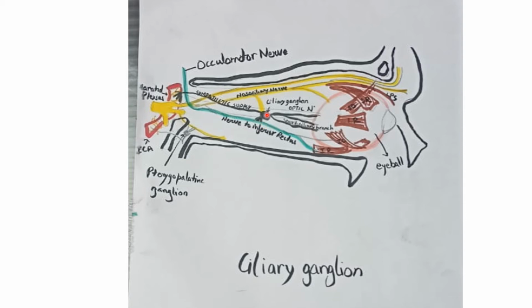If I trace above, these are the postganglionic fibers. If you ask where the preganglionic fibers are arising, the preganglionic fibers travel in an oculomotor nerve and they arise from the oculomotor nerve complex. There are around 6 nuclei present in the oculomotor complex from where the oculomotor nerve is arising. One of the nuclei is called the Edinger-Westphal nucleus. So the preganglionic fibers arise from the Edinger-Westphal nucleus, and they travel in an oculomotor nerve, right?